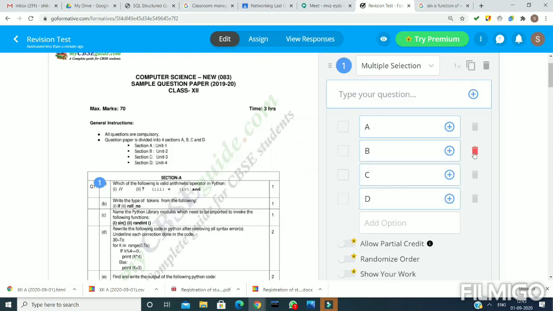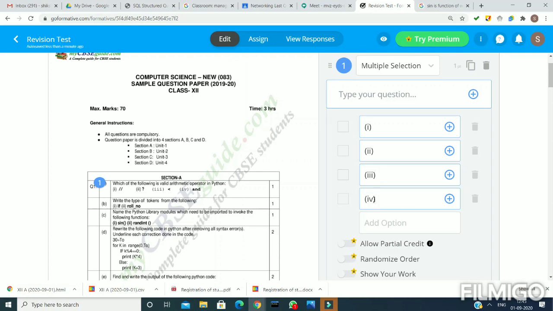When I click on multiple selection, I get the options A, B, C, D. If I want to make it 1, 2, 3, 4, I can do it just by replacing the A, B, C, D with 1, 2, 3, 4.